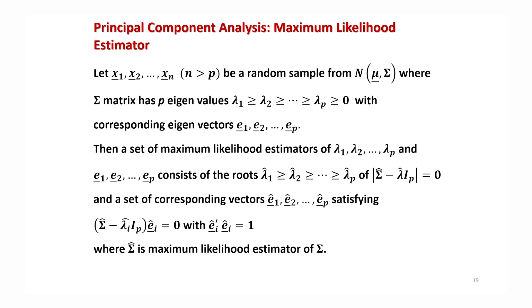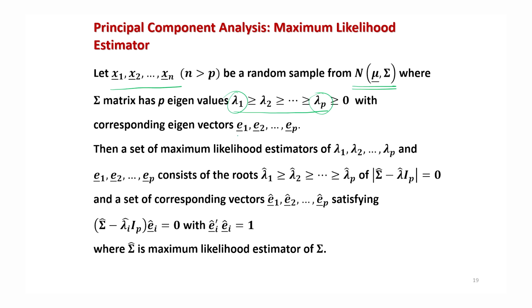Now, the next question comes: I have told you these things on the basis of some known covariance matrix, but in practice the covariance matrix is unknown. So how can you obtain these principal components? We are now understanding the maximum likelihood estimation of the principal components. Suppose x1, x2, up to xn be a random sample of size n. Each observation is taken on p random variables from a multivariate normal population with mean vector mu and covariance matrix sigma. Sigma has p eigenvalues lambda 1, lambda 2, up to lambda p. Lambda 1 is the maximum and lambda p is the minimum value out of lambda 1, lambda 2, up to lambda p.